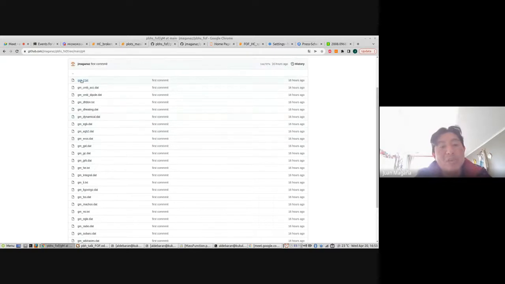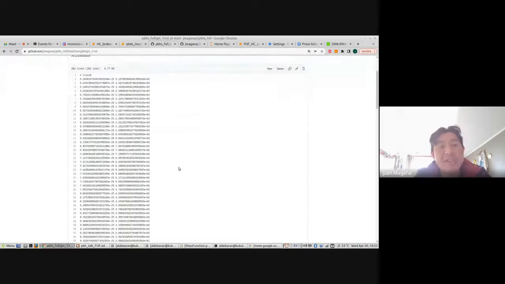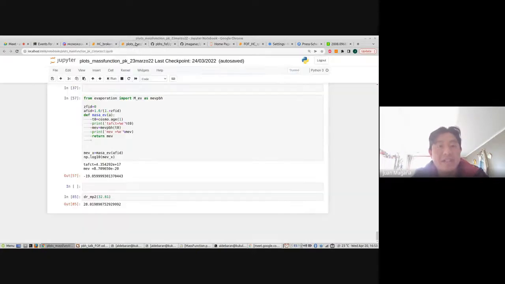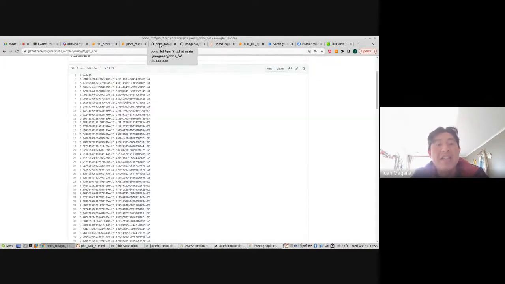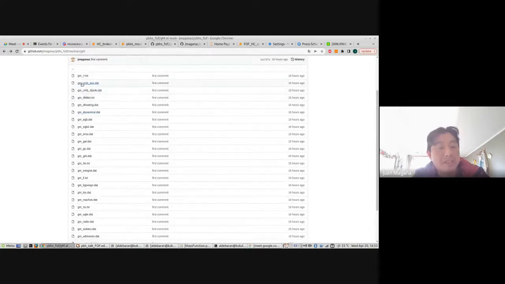For example, this is for Big Bang nucleosynthesis. Here we have the mass of the primordial black hole, and this is the value of the 1 over f. Then we weight this output function with the mass distribution, and we obtain a value for f. And we repeat this procedure for all these output functions, or for this filter function.